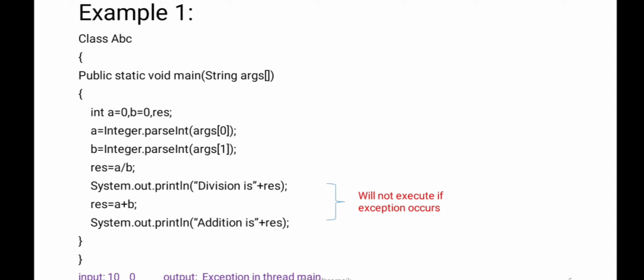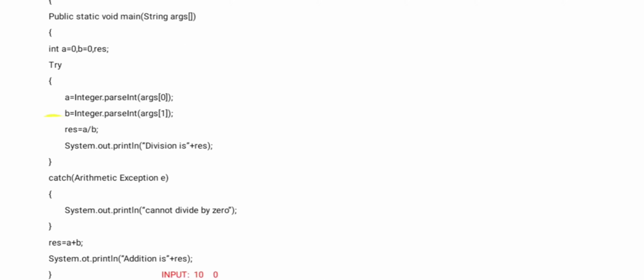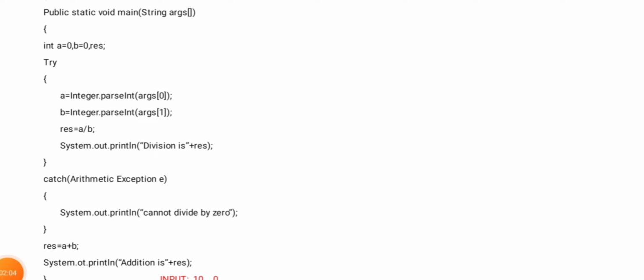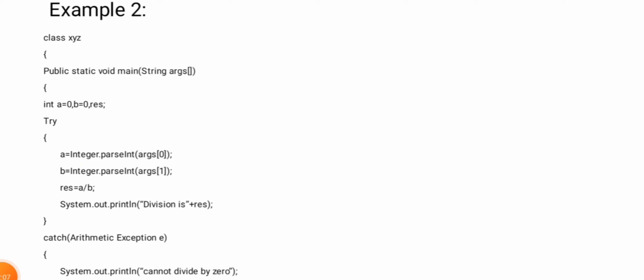Whatever code I think will give an exception, I will write that code in a try block, and a suitable catch block I will write to handle the given try block. So here let's see another example where I have used try and catch block, and it is the same example which we have seen previously. Here I have taken one class and named it XYZ.